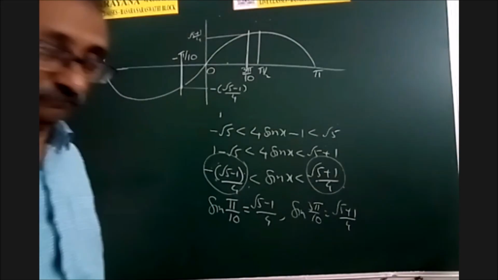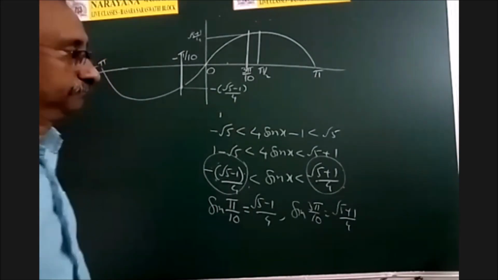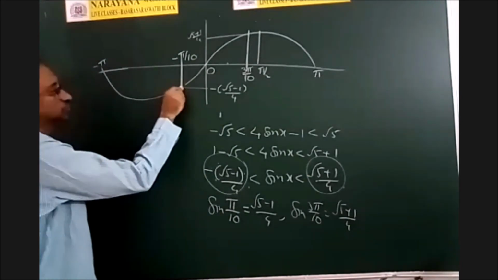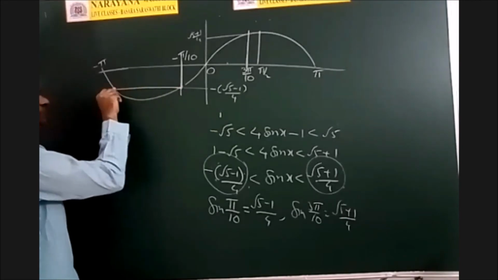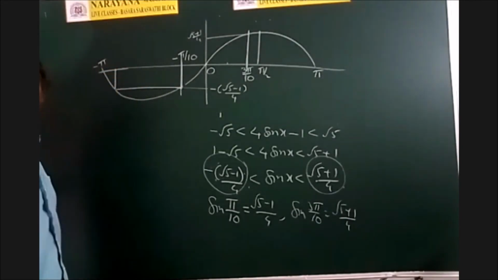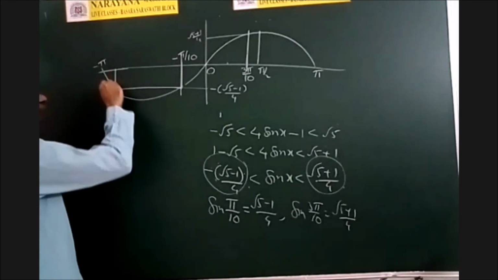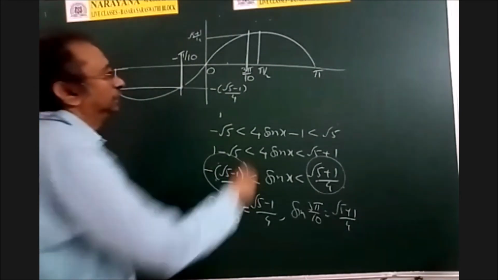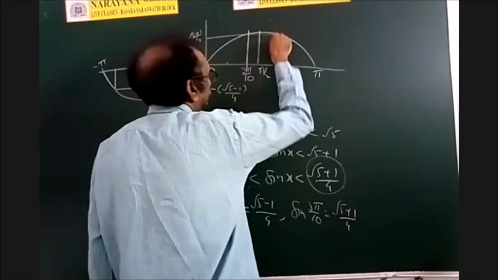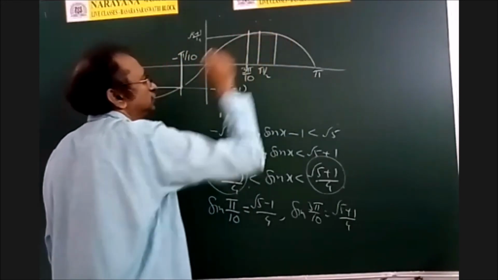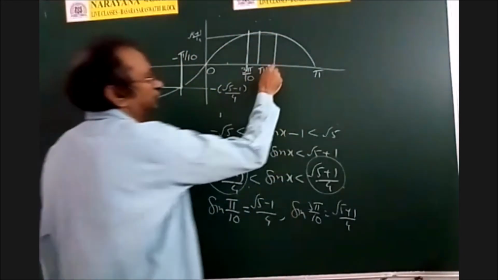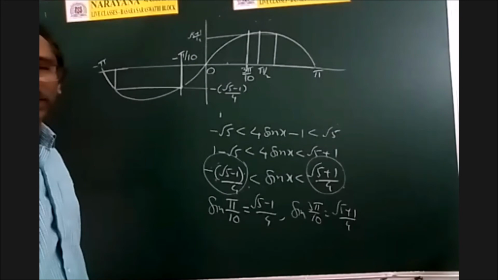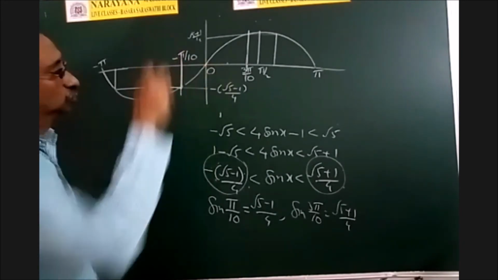Snehita. Sir, I think minus 9 pi by 10 to 7 pi by 10. So here it is minus root 5 minus 1 by 4, which means there is another number here. So these values also lie in between these two numbers only. Similarly, there is another number here at which the value is root 5 plus 1 by 4 only. So from this to this, these values lie in between those two numbers only. So I can give the range as those two sets also.